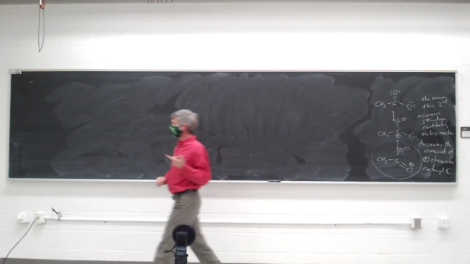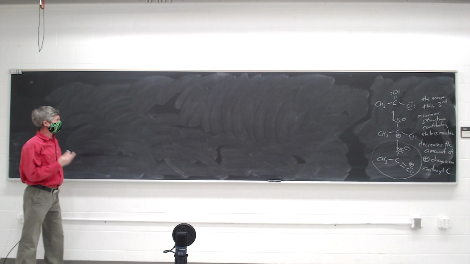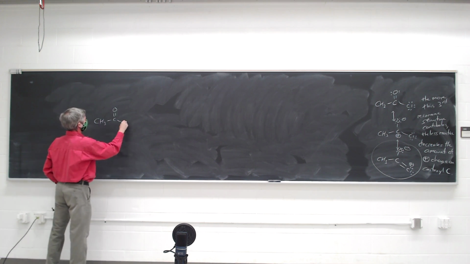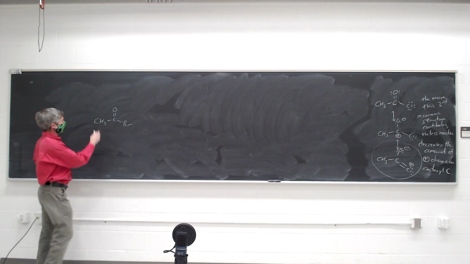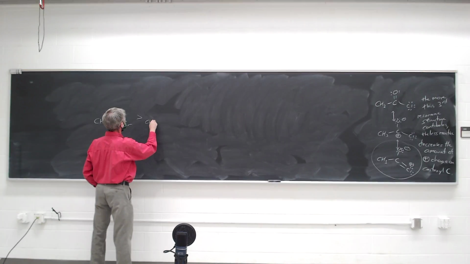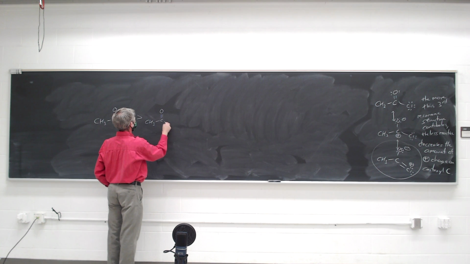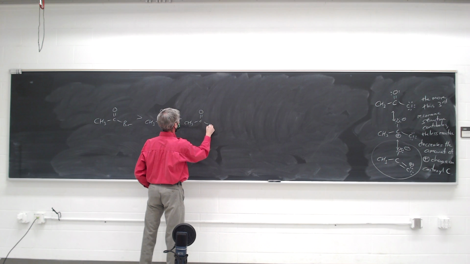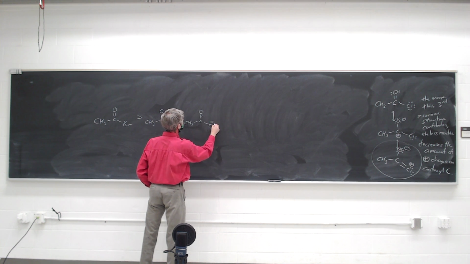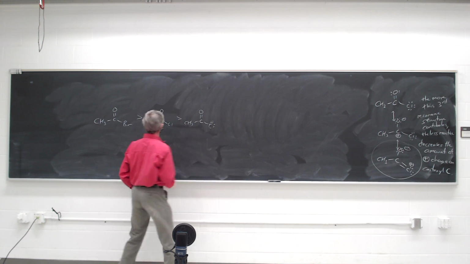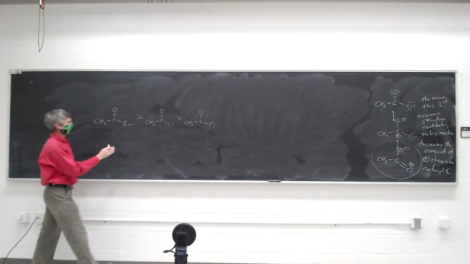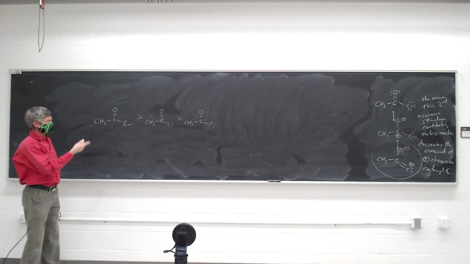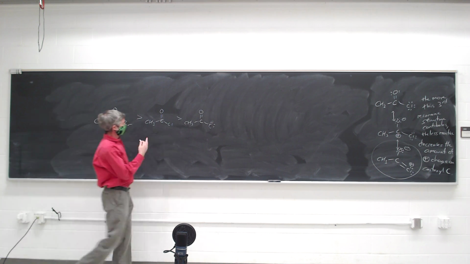The piece of the story that's missing enables us to explain, within the halogen series, why the acid bromide is more reactive than the acid chloride, and the acid chloride is actually more reactive than the acid fluoride. Right? Even though fluorine is the most electronegative element of these three, the order of reactivity goes like this because